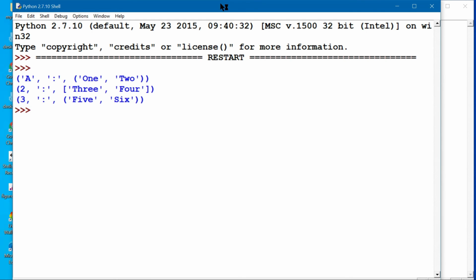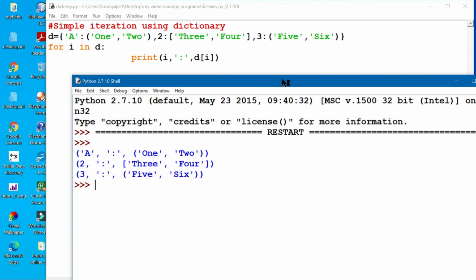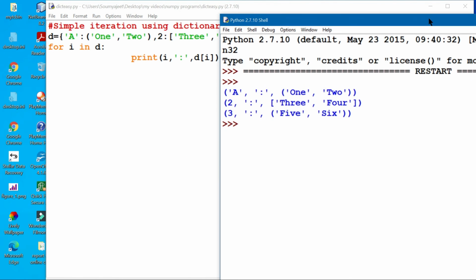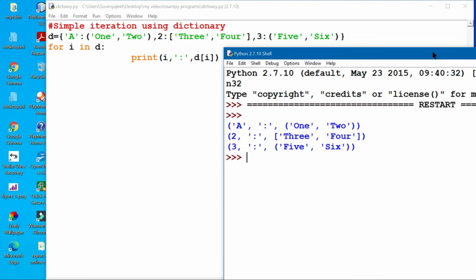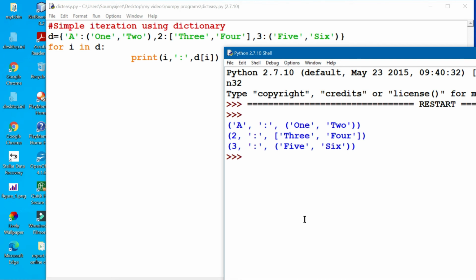Whenever you get a program in front of you through a YouTube video tutorial, you can note it down, or you can pause for some time, and then see how things have taken place, and you can go with it. So here you see in this particular program, two tuples have been taken and one list has been taken. So a dictionary can have mixed types also. Here you can take an individual value, a tuple, or a list, it doesn't matter. In that way also the dictionary works, and it has been iterated well out here.